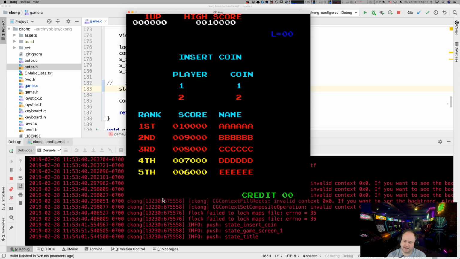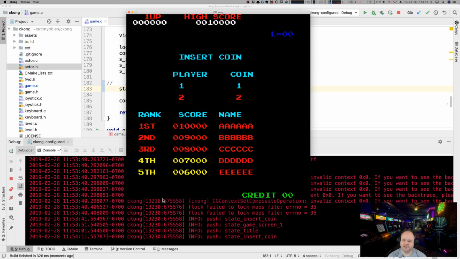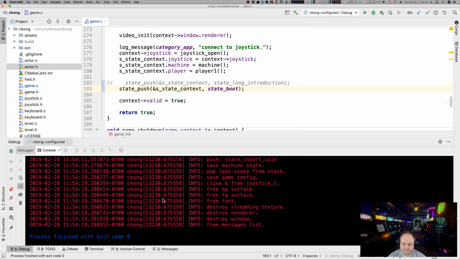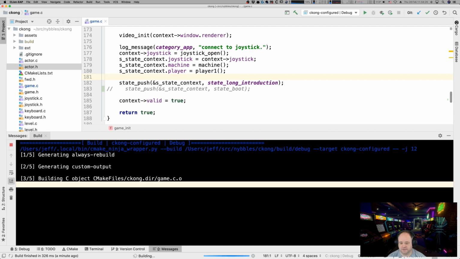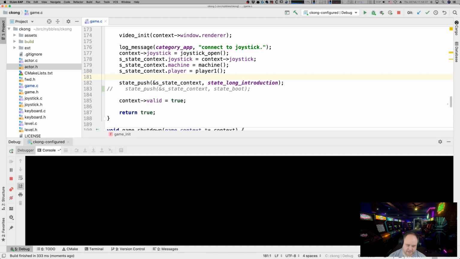And it still flashes during the entire time. It's not 100% like what the arcade does, but it's pretty close. So, okay, let's comment that out, put in our temporary test state because it'll just allow us to jump right